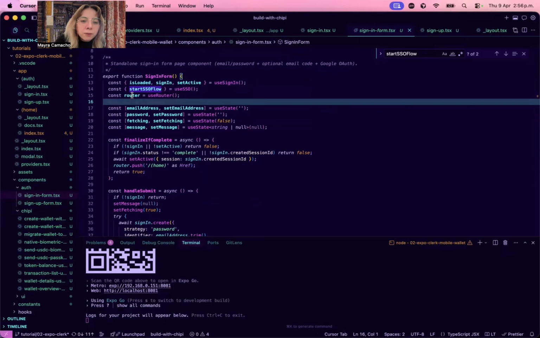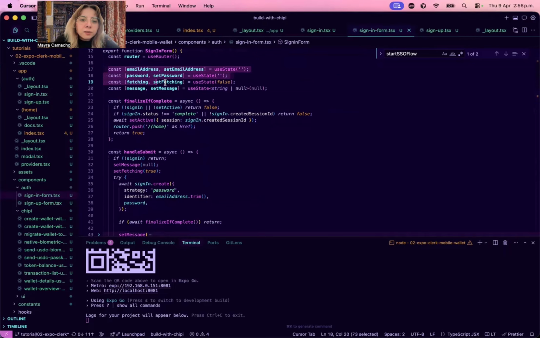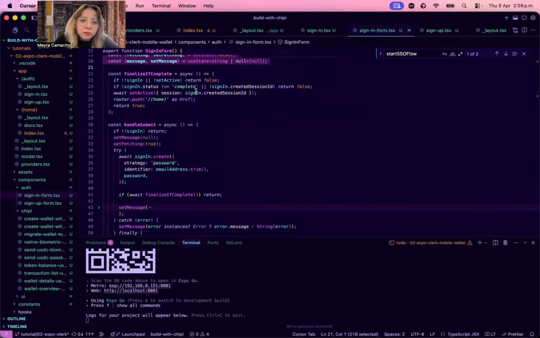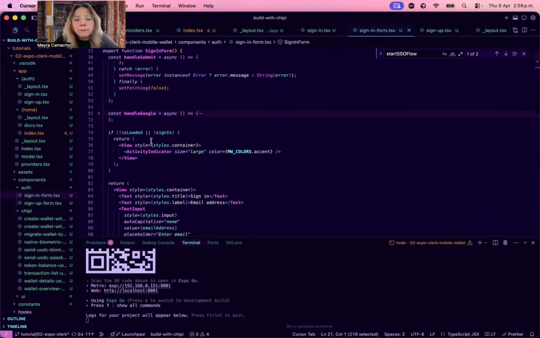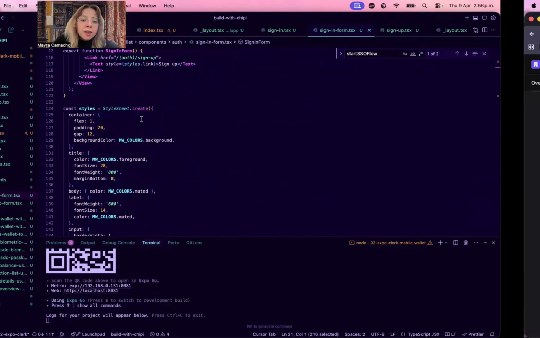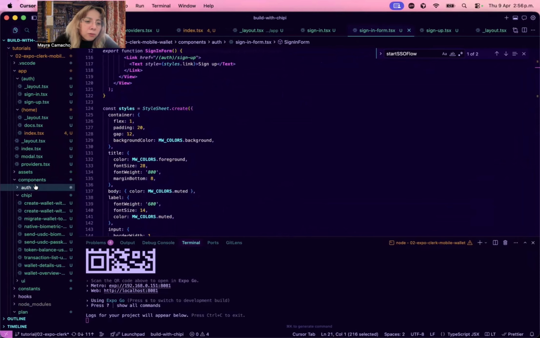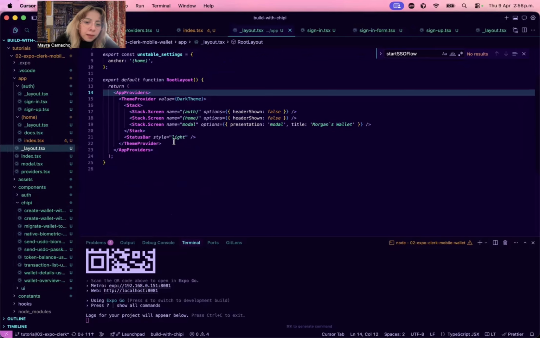So you're gonna go ahead and copy this start flow. I'm gonna have a comment that is for Google Auth. And it's gonna have the same states for getting the user values, what happens once it's completed, if the user has OTP enabled or if your application has, and the containers for the styling process, okay? Once you have everything with the auth process, it's important that we view